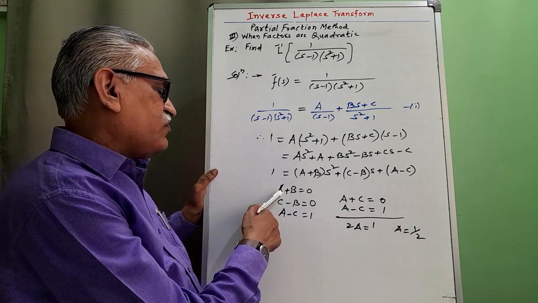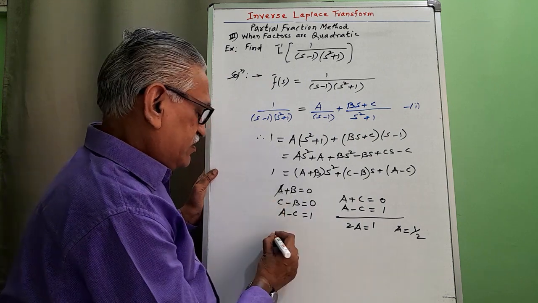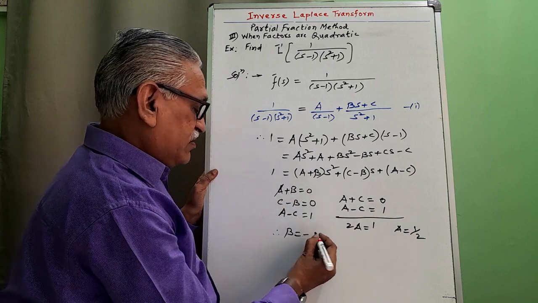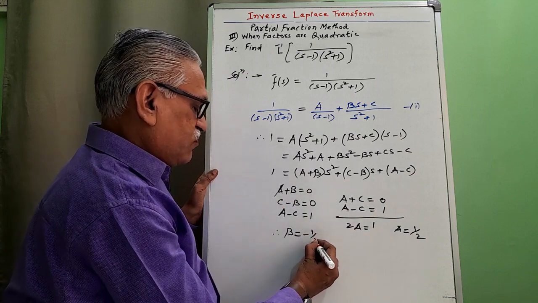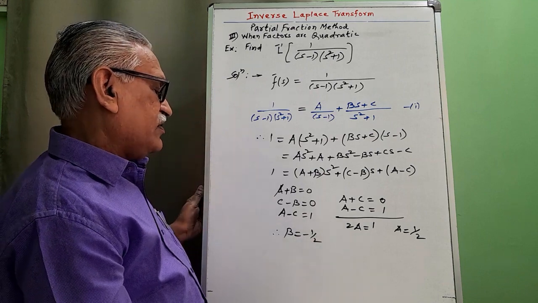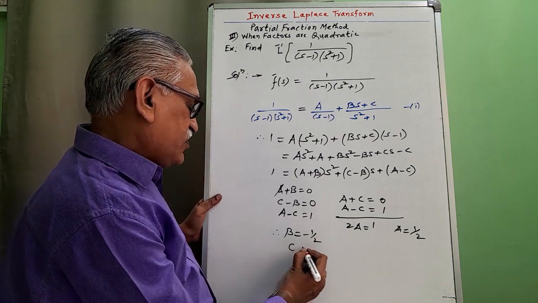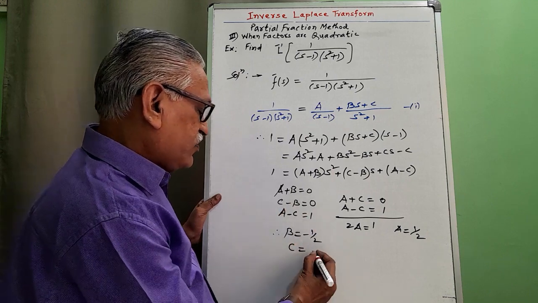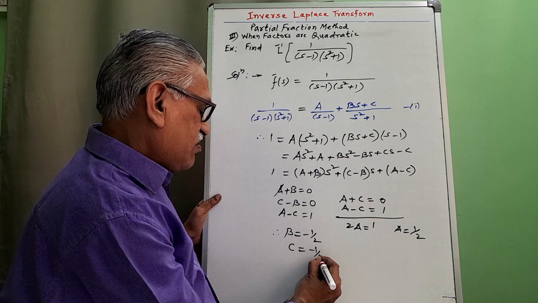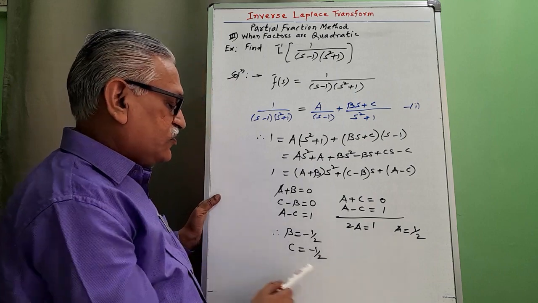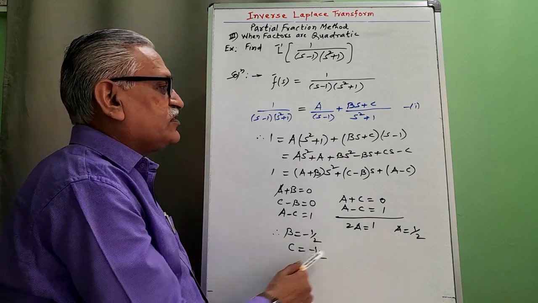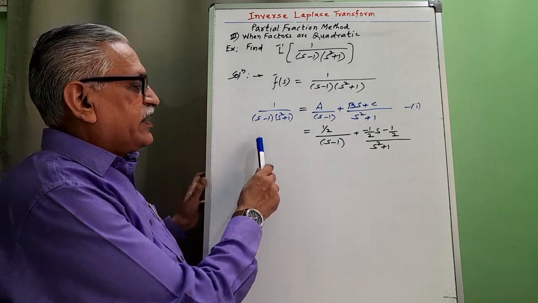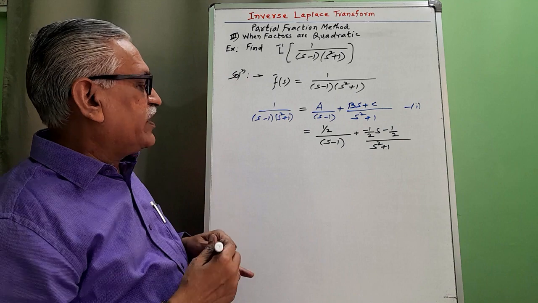Substitute that value of a as 1 by 2 here. Therefore b is equal to minus a, means minus 1 by 2, and c is equal to b, which is here minus 1 by 2. Therefore, a is 1 by 2, b is minus 1 by 2, c is minus 1 by 2. Substituting these three values in equation 1 and taking inverse on both sides, we get